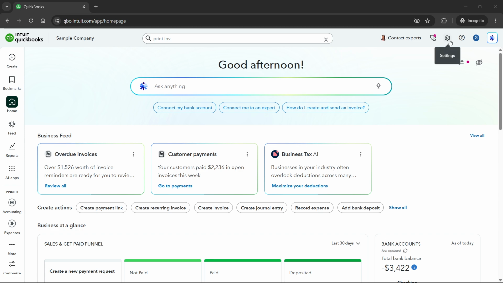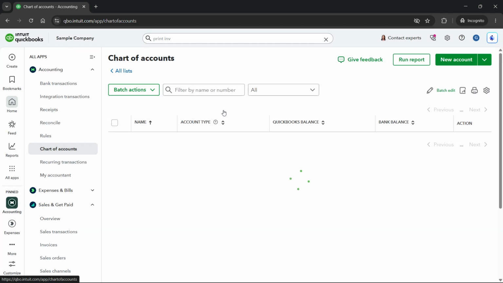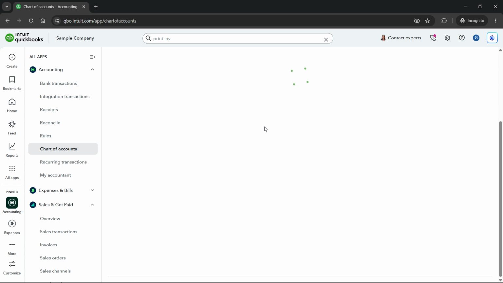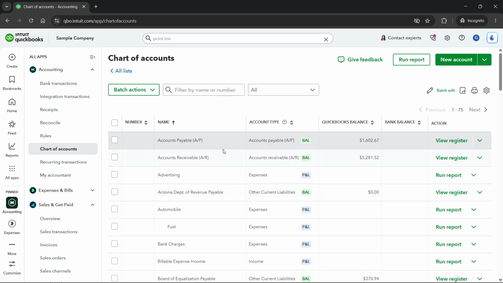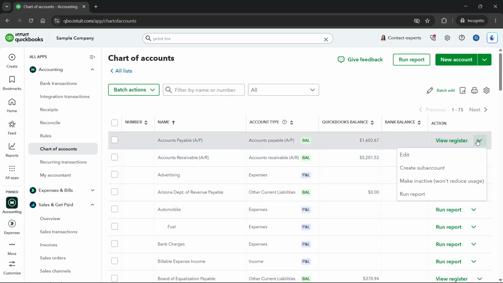So go to the settings top right, and then you want to go to chart of accounts over here under your company. And then from here, you basically want to find the accounts where you want to make them inactive or delete them. Again, you can't delete all of them, but you can, of course, select some of them. And then what you have to do is basically find the account, as I said, and then you have this drop-down menu next to it. And then over here, you want to click on Make Inactive